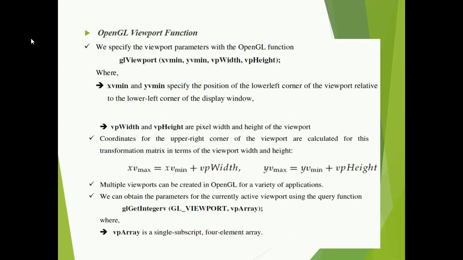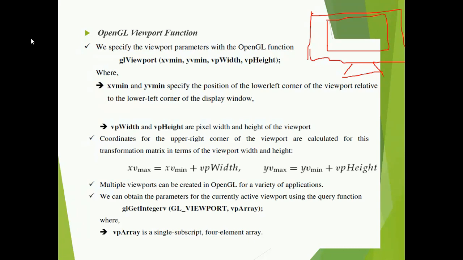OpenGL viewport function. So let us understand what a viewport is initially. Suppose you have a screen or a monitor. Inside this monitor you will have a display window, is it?